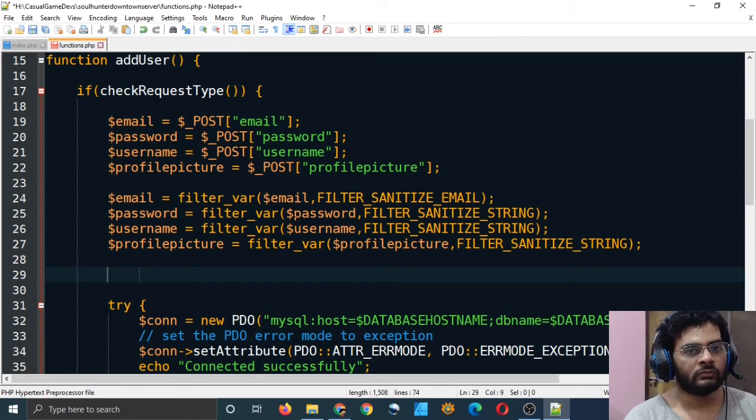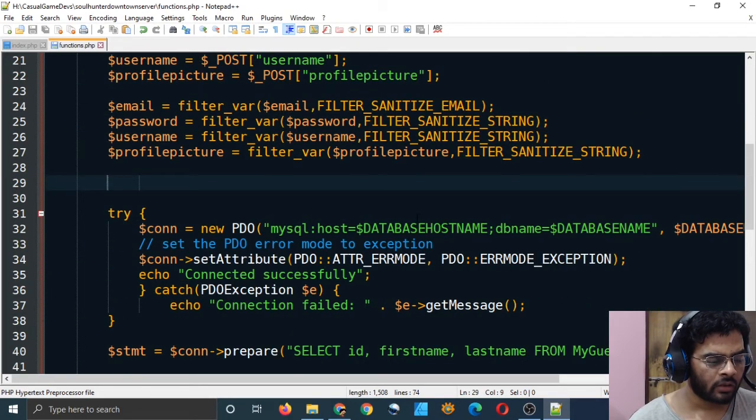So we should avoid that. A regular user will just put their proper username and password. Only someone who wants to hack into our database will put special characters, brackets and semicolons. So to guard against that, we are doing this filter sanitize string. I hope it works. And now, okay, that's good.